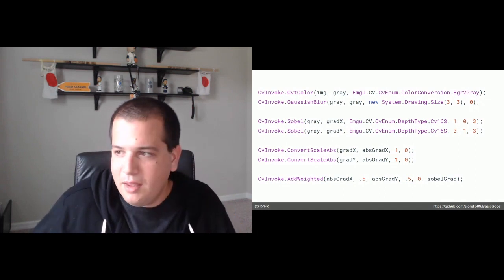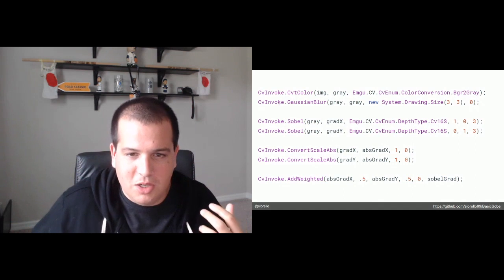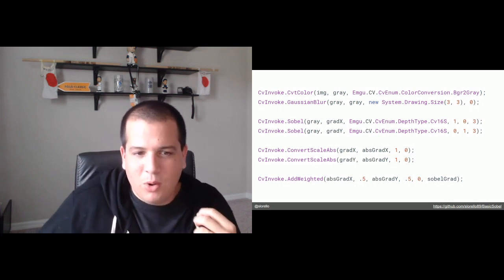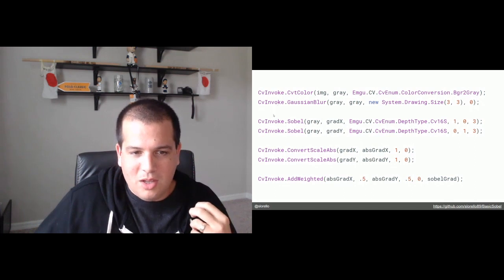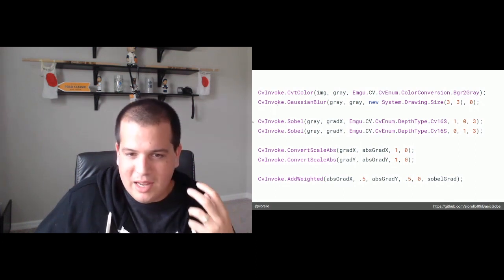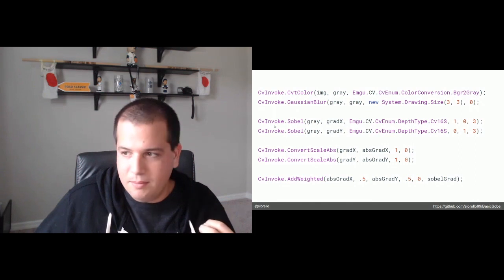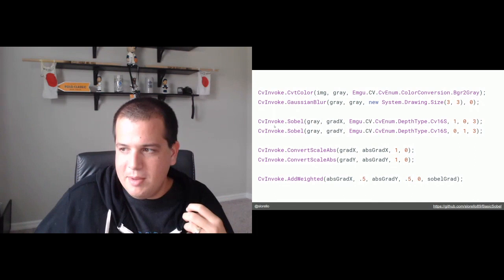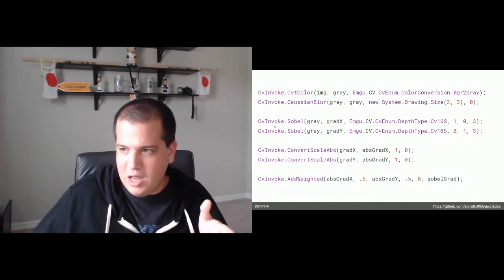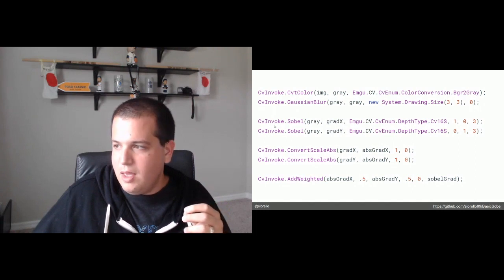The next line here is doing something you'll see a lot of when you're looking at image processing. That's a Gaussian blur. I'll explain that next, but it's blurring the image, which is a good thing. The next thing we'll do is calculate the gradients in X and the gradients in Y. That's what these Sobel calls are doing. The arguments here are the gray image that we just got from the cvtColor, the gradient X matrix and the gradient Y matrix that we're saving this into, and